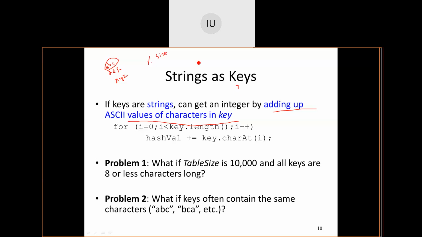I will write God, and I will write Dog. Both of these have the same set of characters, no change at all. Both of them map to the same value because I am adding up the ASCII values and applying the mod to the total. These are a few of the problems associated.